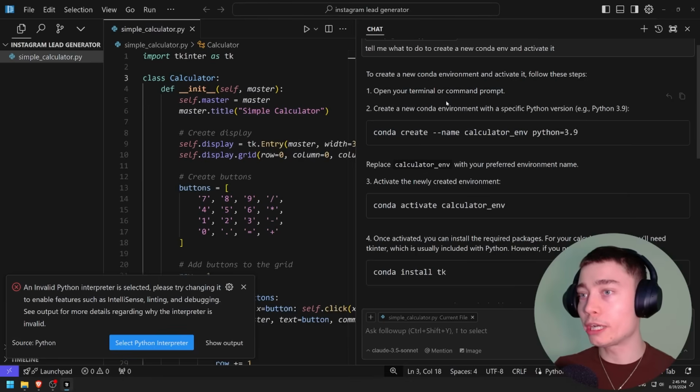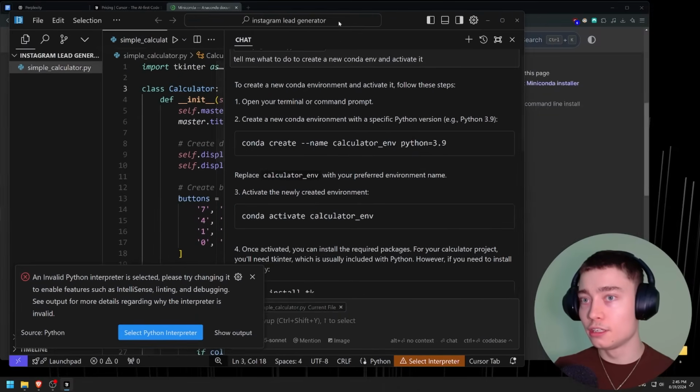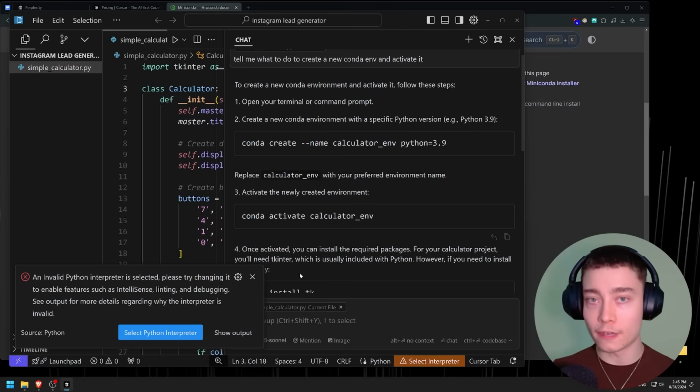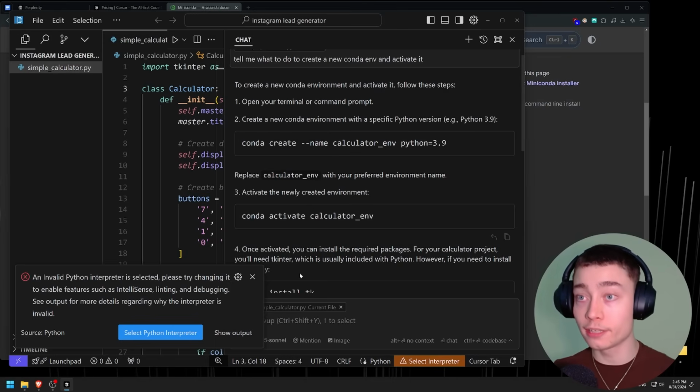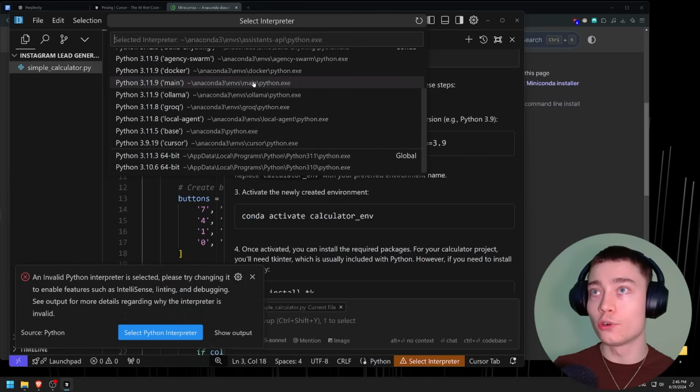Amazing. If we go back to VS Code, you can see there is an error being thrown that we have invalid Python interpreter, right? As you can see on the bottom right, it is orange and says select interpreter. That's because we don't have any Python version selected, any environment selected. So simply click on that. Scroll down, and we're looking for our new